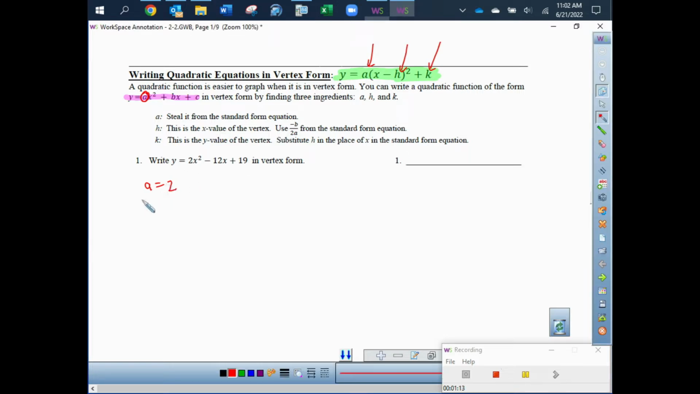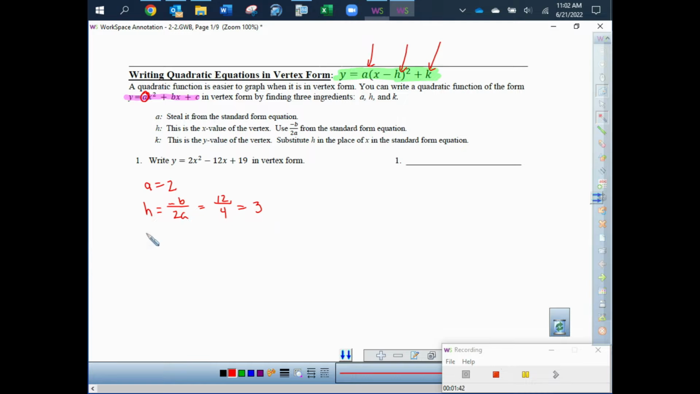That's a freebie. The next thing I need to know is the h value, which is actually the x value of the vertex. We found that last time: when you've got a parabola in standard form, the x value of the vertex is the opposite of b over 2 times a. So I write this out, h equals opposite of b over 2 times a. Then I'll do my little scratch work right here. Opposite of b is 12, 2 times a is 4, and I clean that up,